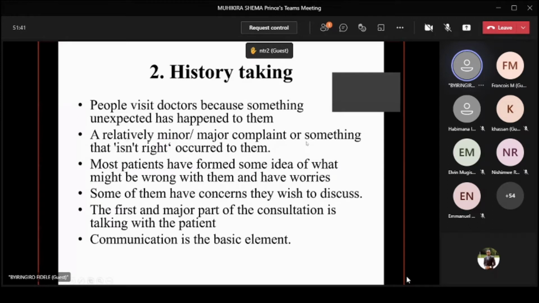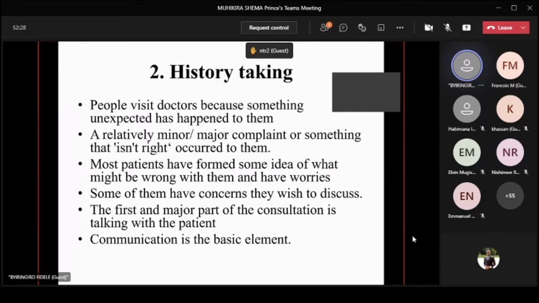So when the patient visits a doctor, it's because they have something unexpected that happened to them. It can be a minor or major complaint or something that is not right. And most patients have formed some idea of what might be wrong with them and have worries. Many of them come to see you after they have Googled their illnesses, and some of them have concerns they wish to discuss. The first and major part of the consultation is to talk to the patient. So communication is basic, it's paramount,